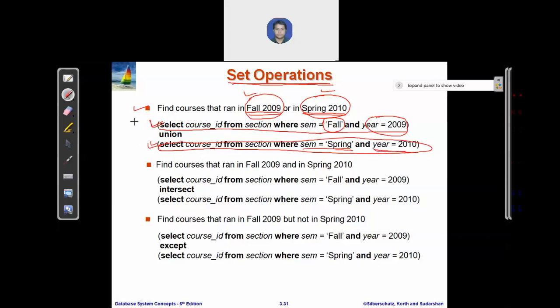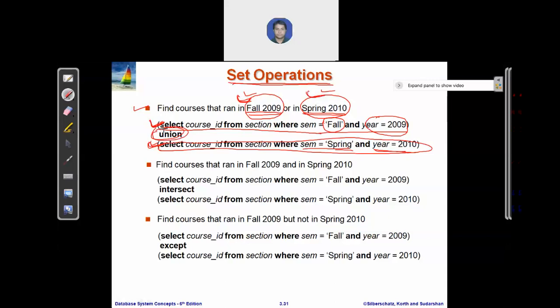So we have course IDs returned by this query and course IDs returned by this query. Our query is to find the courses that ran in this semester in this year or in that semester in that year. If we combine both the queries' results using the union operation, we will get our result.